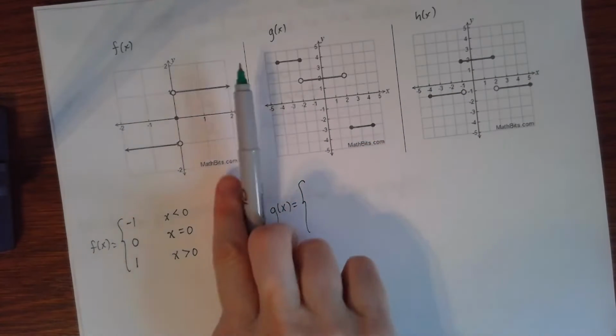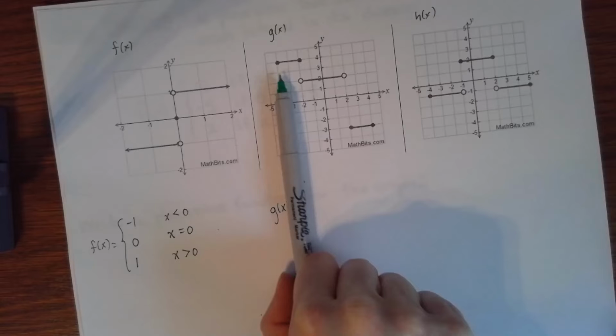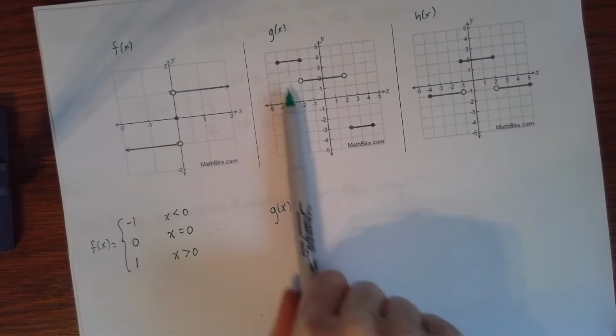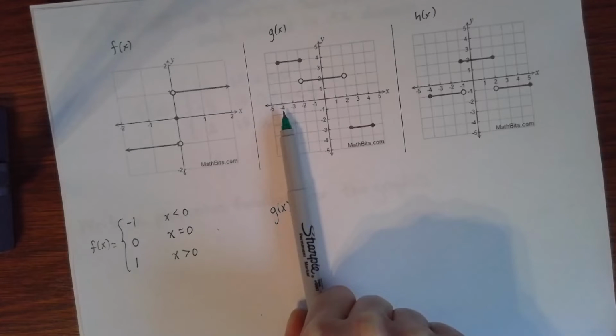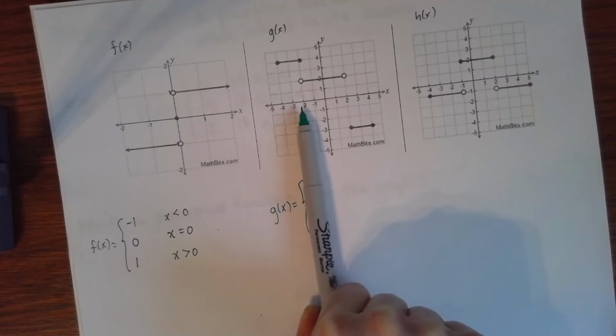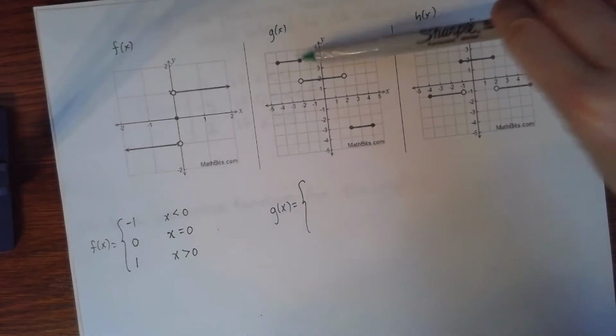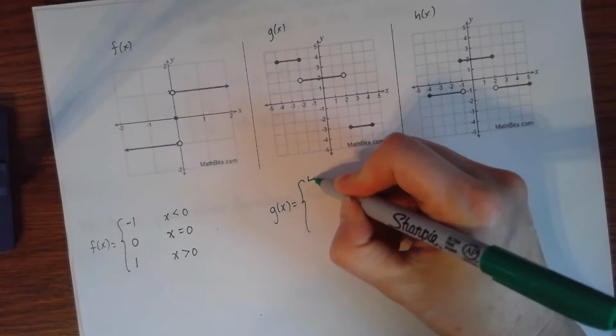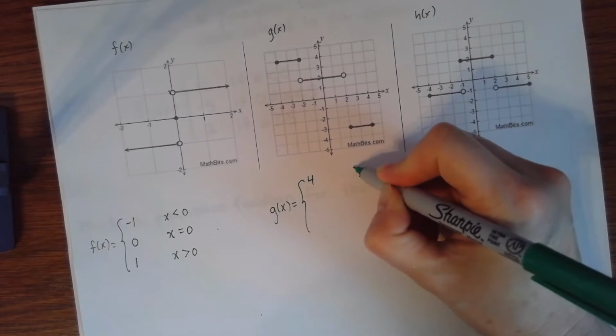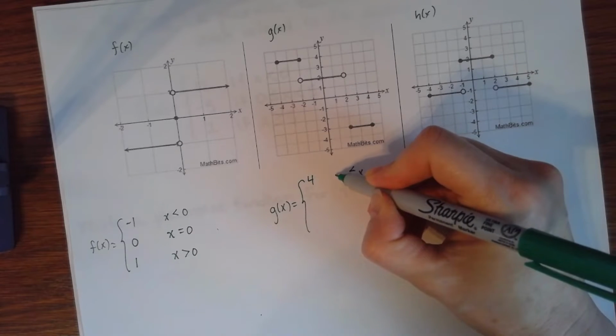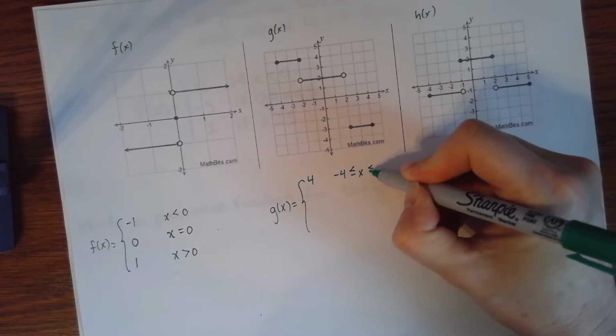Okay, so moving from left to right, the smallest value that we have defined is at x equals -4. And all x values between -4 and -2 are exactly the same. They all give us the value of 4. So it's going to be 4 when x is greater than or equal to -4 and less than or equal